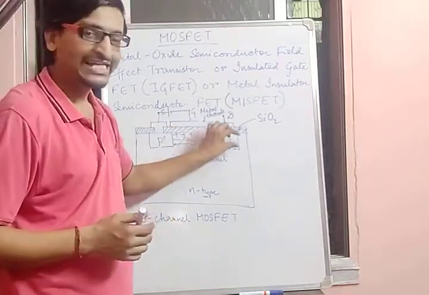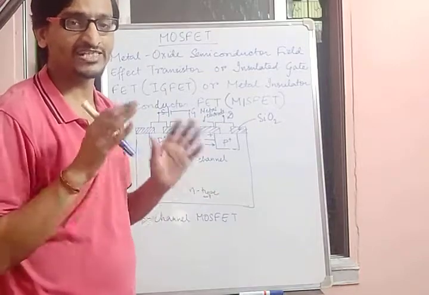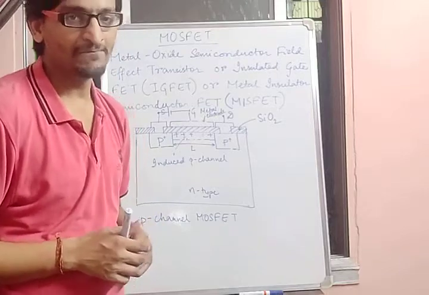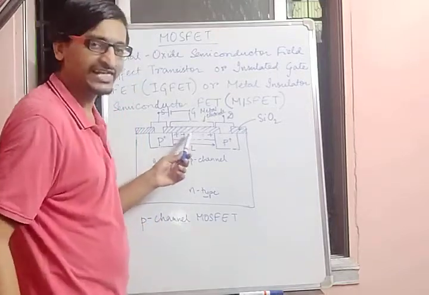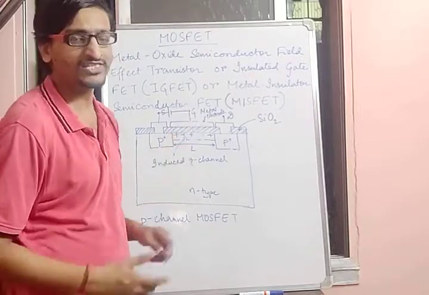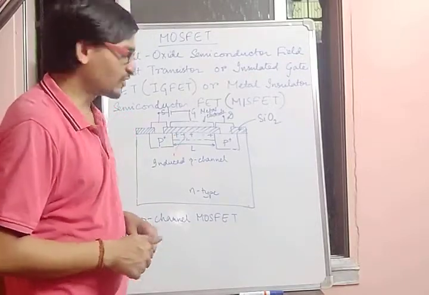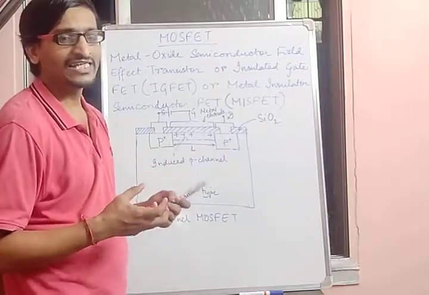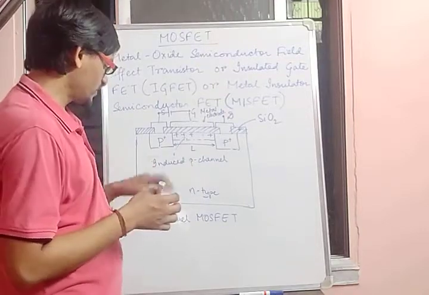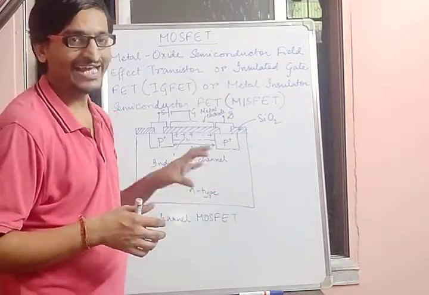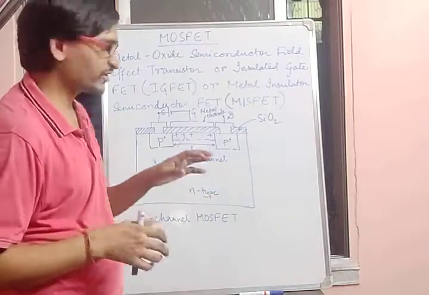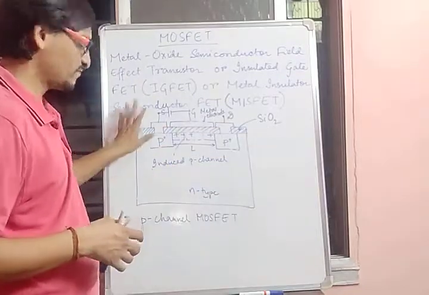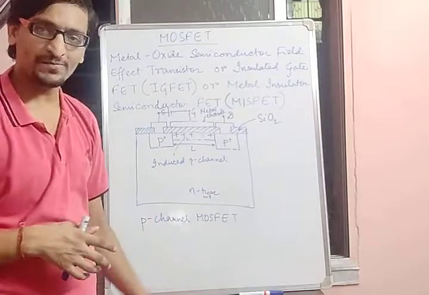So this channel is acting as a resistance. It's basically a voltage dependent resistance. It depends upon the voltage applied at the gate terminal. The resistance of this channel depends upon this gate voltage. As you make this gate voltage more and more negative, its conductivity is enhanced. So this sort of P channel MOSFET is called an enhancement type P channel MOSFET. We'll be discussing that later on. This is the operation on which your MOSFET works. This was the case for your P channel MOSFET.